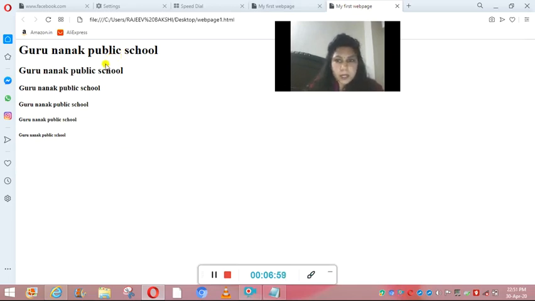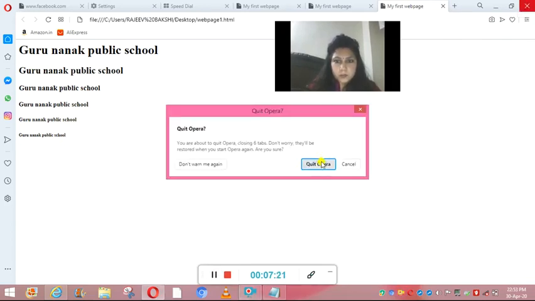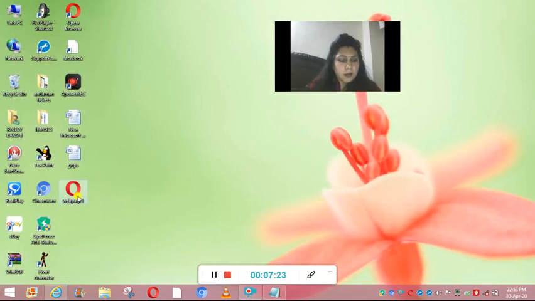You can see the difference between the headings. H1 is the larger size, H2 is smaller than that, H3 smaller than that, and like this you can see all the sizes are varying. Now we will close this file. We are closing the web browser. This is the Opera web browser. So we are going to quit this.